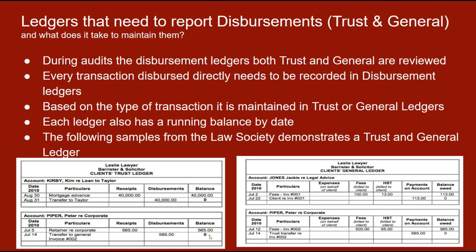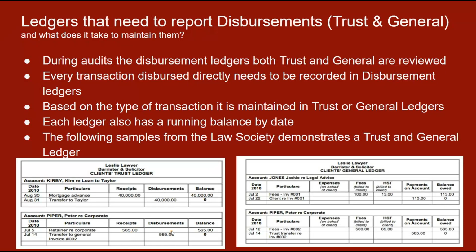A very important aspect of a trust ledger is a running balance. So on the 5th, the balance was $565, assuming that this was a $265 disbursement for an application fee, you would see a running balance remaining of $300 on July 14th, which means if you draw your trust balances report, you should see $300 still left in Peter Piper's trust account of money being unspent or available for you to repurpose. Okay? That's what you would see as soon as you use a trust disbursement. Straight into the ledger, if there's money coming in, money leaving out.